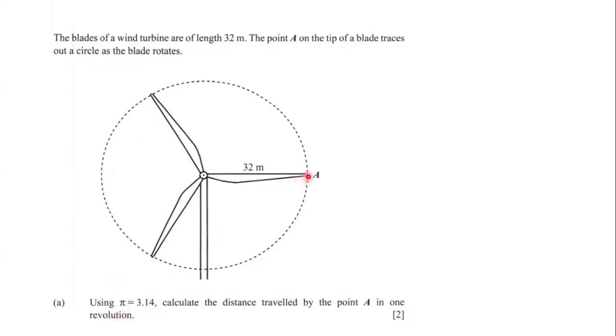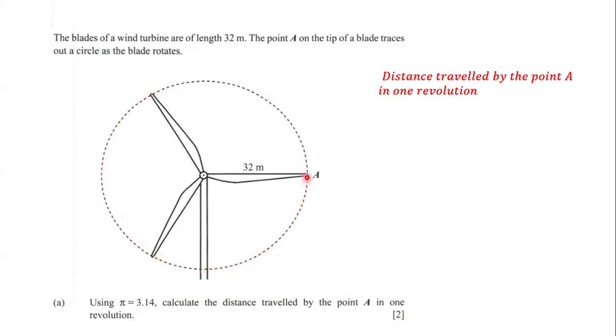So we need to figure out the distance traveled in one revolution. Now, what they basically are asking us is to figure out the distance of this circle. So what they basically want us to figure out is the circumference of the circle. And so that is what we have to figure out, right? So the distance traveled by one point in one revolution, because one revolution is going to cover this distance, and this distance is exactly the distance of this circle, right, in one revolution. So it's going to go all the way around,